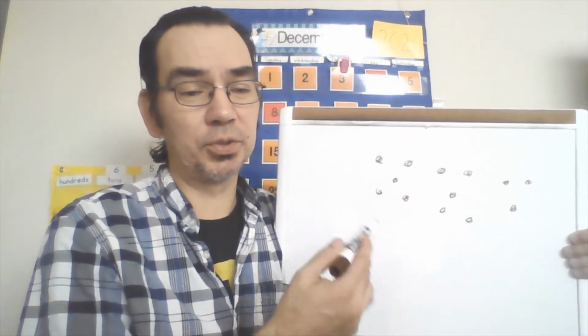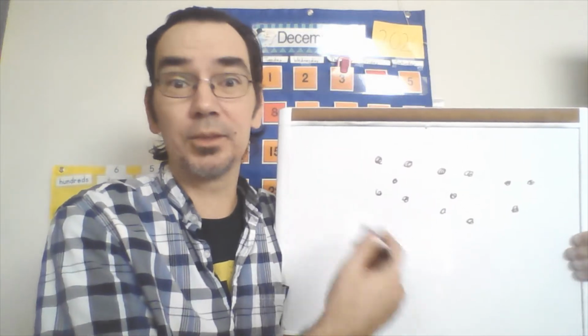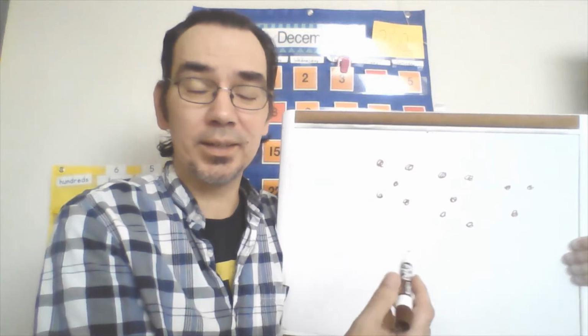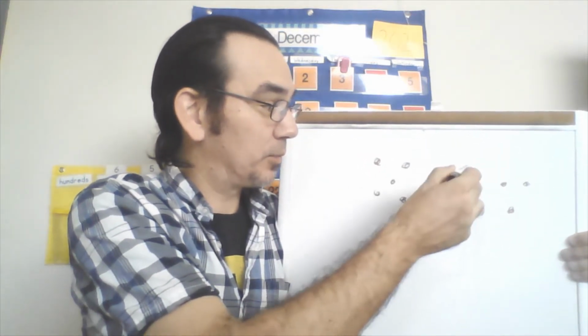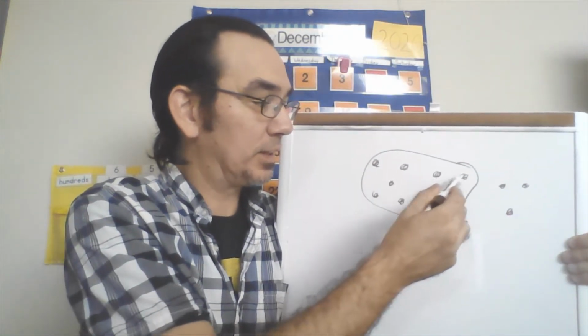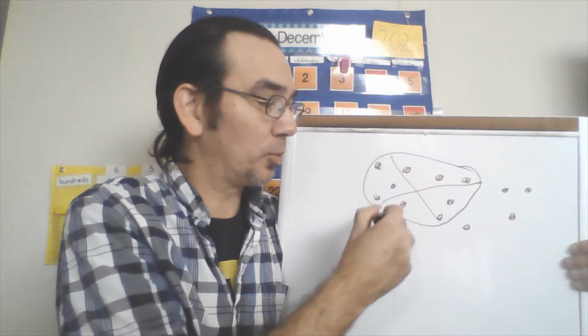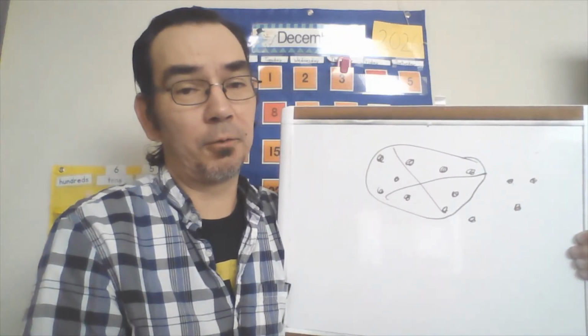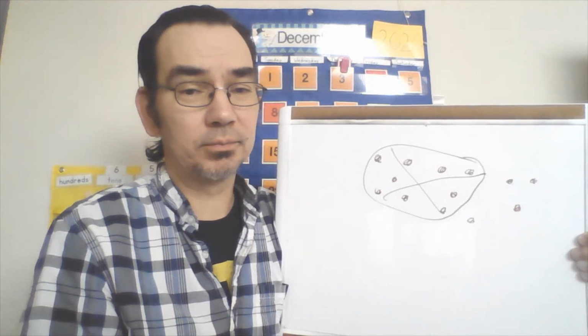Now we want to find a difference. There's 9 more turtles in the water than on the log. This is all the turtles that are on the log. And there's 9 more of them. So what I'll do is I'll take 9 of these away to find the difference between the two. So let's take, there's 5 and 4. So there's 5, 6, 7, 8, 9. Take those away. 1, 2, 3, 4. Guess what? There are 4 turtles on the log